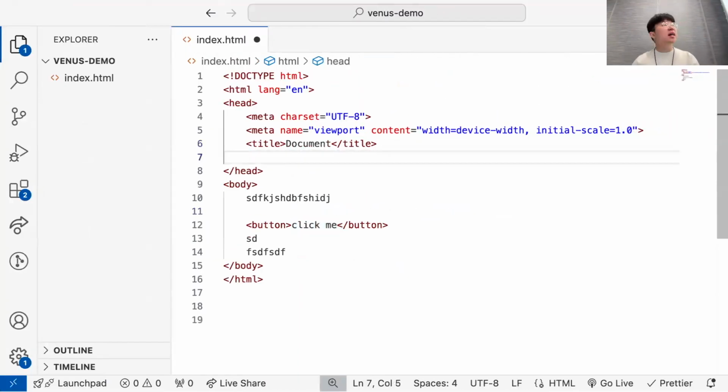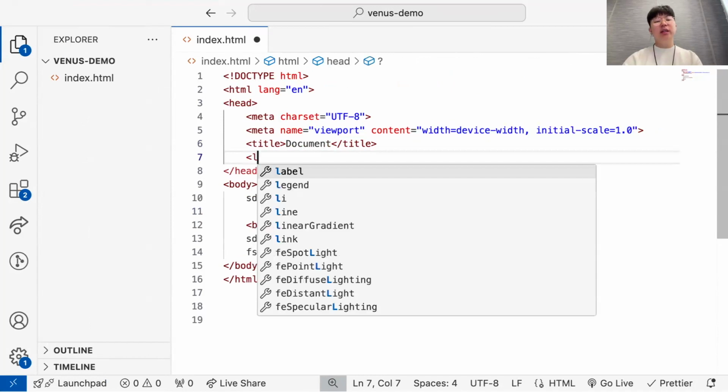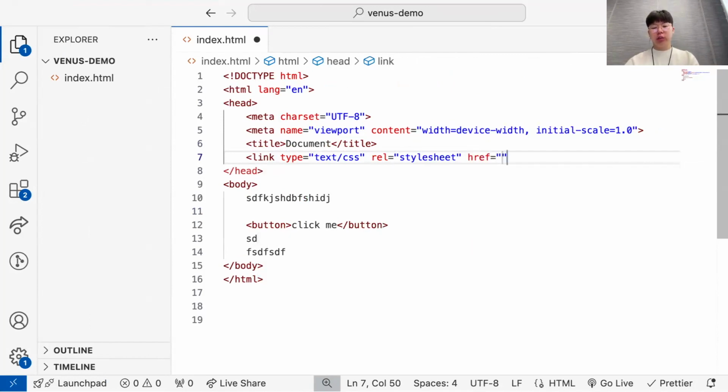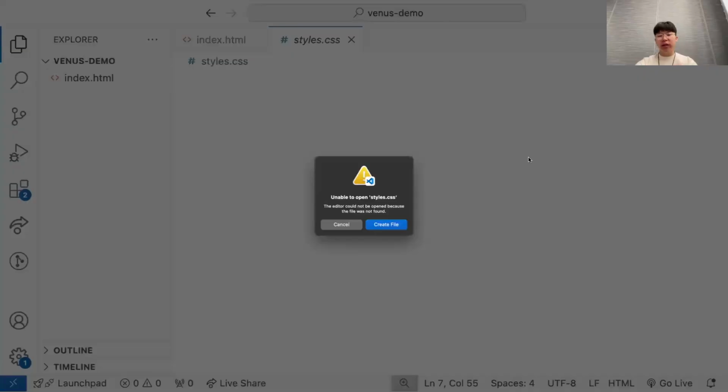How can we do CSS? Pretty simply, we're going to link it. So we're going to type link, type equals text slash CSS, rel equals stylesheet, and then href equals, and then where does our CSS file live? Let's call it styles.css. And I'm going to self-close this tag, hold down command and click, and it's going to say,